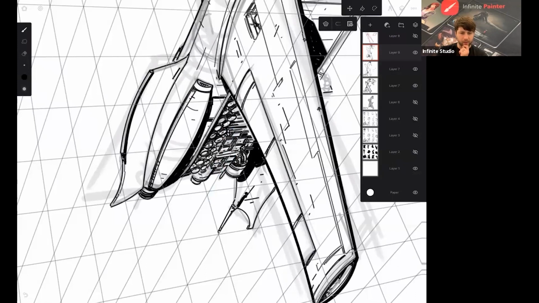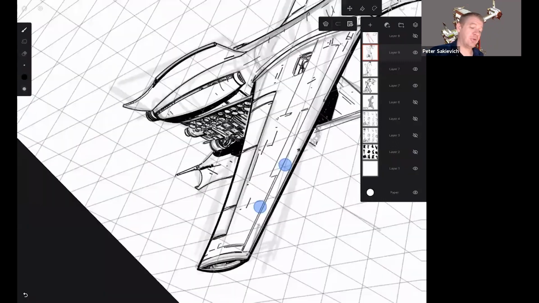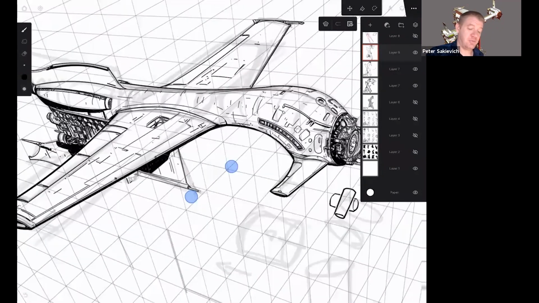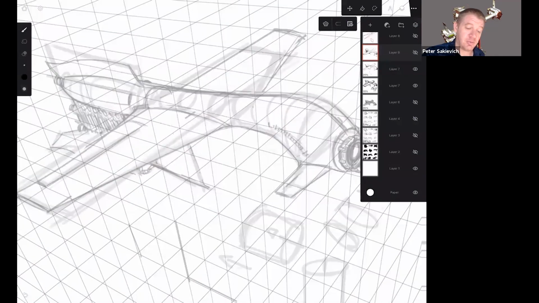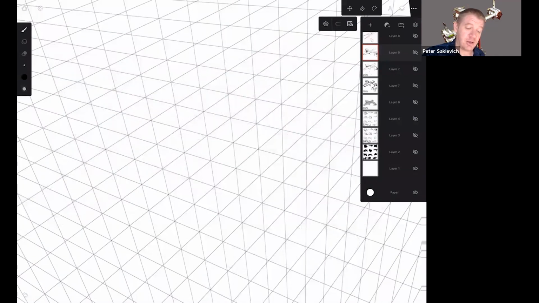Another question here. Do you typically use the perspective guides for everything, or when do you decide to use them? I normally jump in and start using them once I've got my rough idea down. So we were looking before at my thumbnails. So if that's someone who's come in after we started, if I go down here and turn those back on,